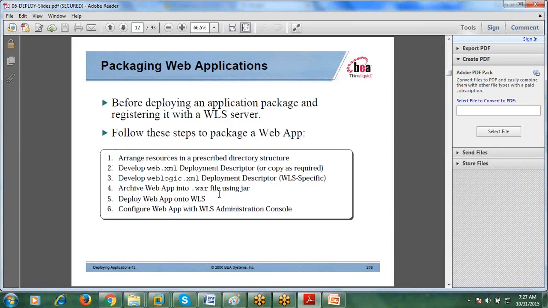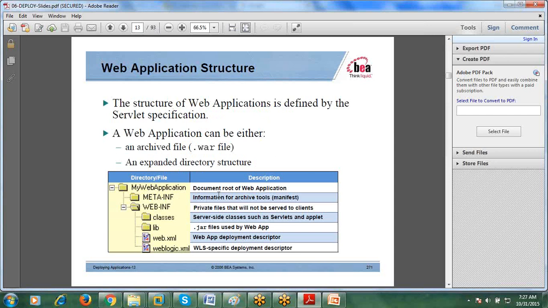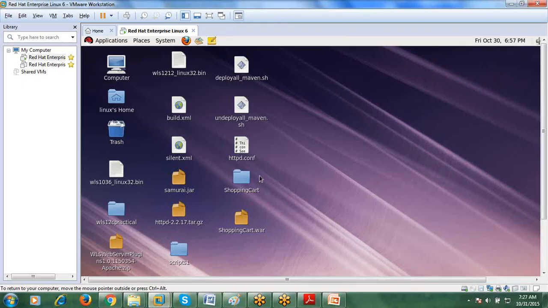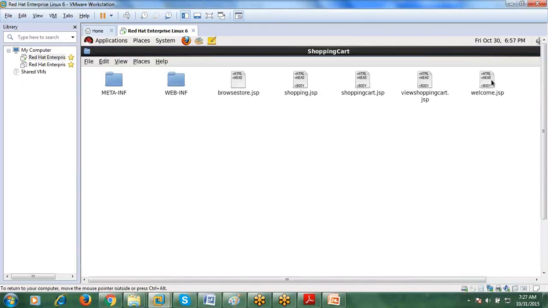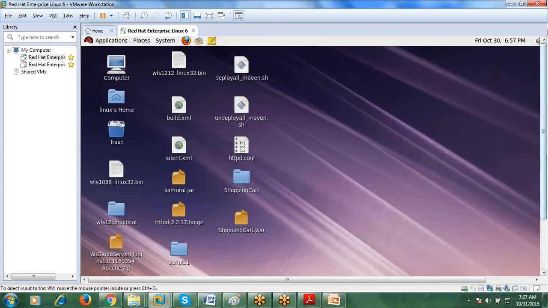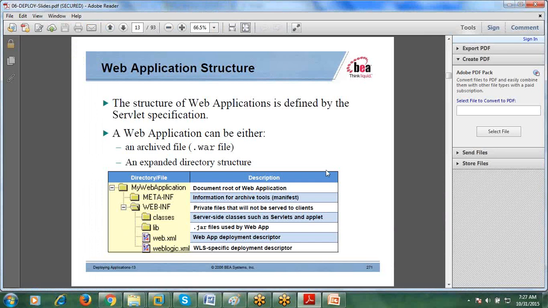So next, what is the web application directory structure? The web application directory structure can be in two ways. One is the exploded directory format. The second one is the web archive format, the .war file. Whenever you extract this, this is my web application. It is the root of the web application. META-INF generally contains the archive tools, and WEB-INF generally contains